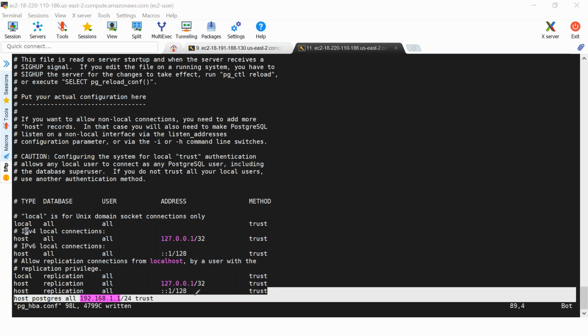Now I'm going to the trust method type. Fourth is the method type. So database is the name of the database, user is the name of the user, which is very simple. Address is the IP address from where I'm connecting. If I'm not sure, I specify all. If I know the first two octets, I specify it in this way. If I know the complete IP address, then I specify the IP address, just like